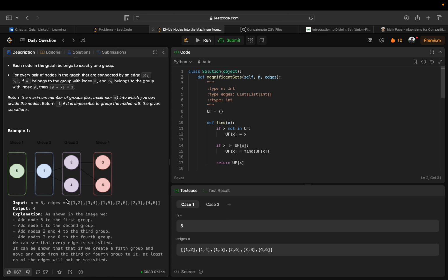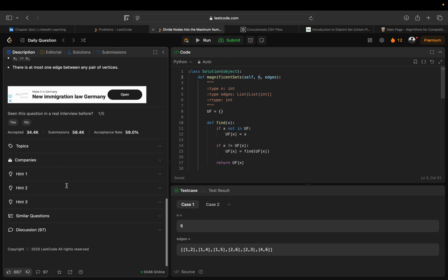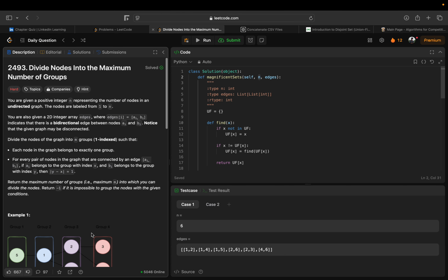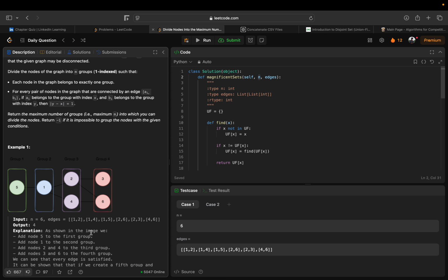There may be a case in which 5 is connected to 1, 2 is connected to 1, and 4 is connected to 1. So 2 and 4 belong to one group, and 5 belongs to another group, but these are consecutive groups. The group of 5 is group 1, and the group of 1 is group 2, which are consecutive, and the group of 1 and the group of 2 and 4 are consecutive. So that is the problem. This is a hard type of problem, so we have to think a lot about it, right? So the one observation is,